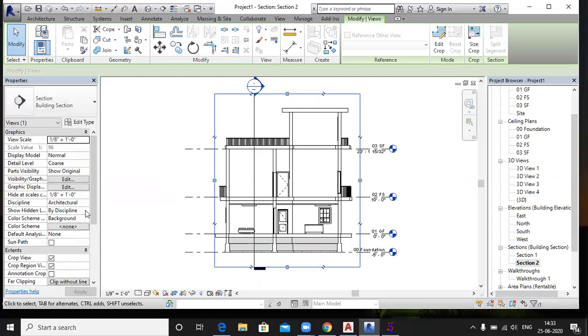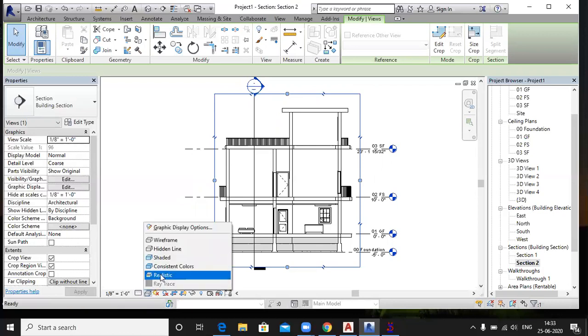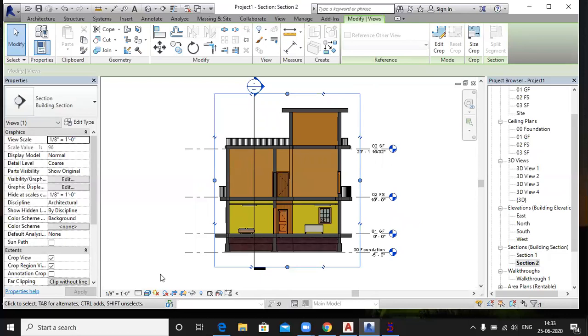How can I make it virtual real? You can just change the property from here. This is the realistic property, like this. Okay. This shows the colors and the material.